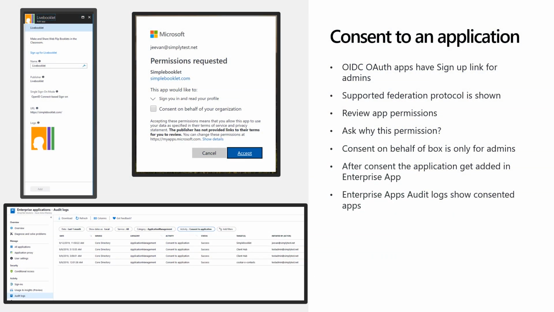So that's a basic set of information. If you accept this, click on the accept button and the application will automatically be added to your enterprise applications. From that point onwards, you can manage that application. The box shown here, consent on behalf of your organization, is only visible to administrators.